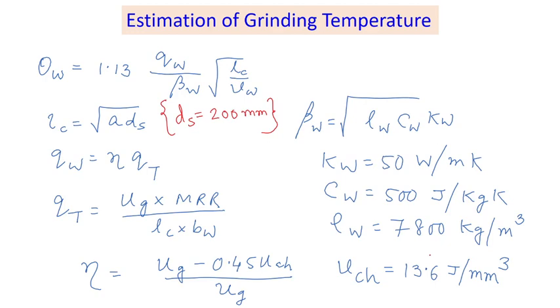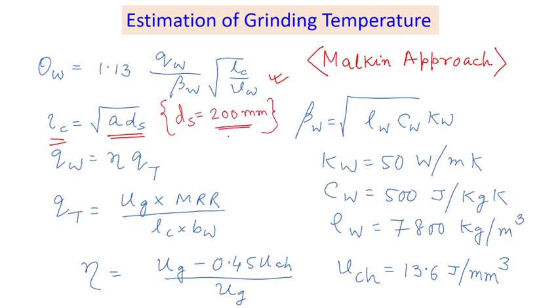Now, how do you estimate grinding temperature? I will not go into the details. I'll simply give you the equations that you have to use. Those who have taken theory of abrasive machining would immediately understand this is basically using Malkin's approach or Malkin's hypothesis. So this is the basic equation. This is the contact length. You calculate the contact length using this equation: downfeed into root over ds, a into root over ds.